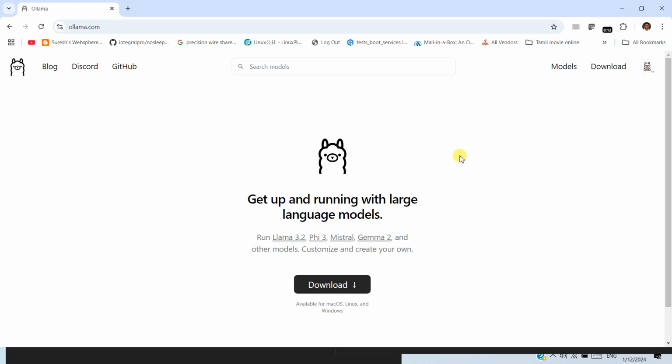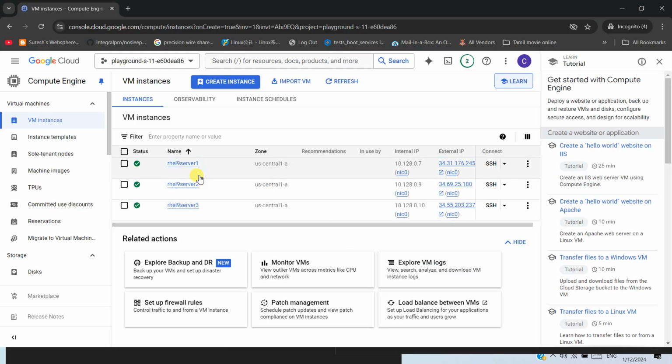So I'm just going to discuss Ollama and how to deploy it on RHEL servers. In this case, we are planning to deploy RHEL 9 servers in Google Cloud. I've already provisioned three RHEL 9 servers, which have two vCPU, 8 GB RAM and a 100 GB disk